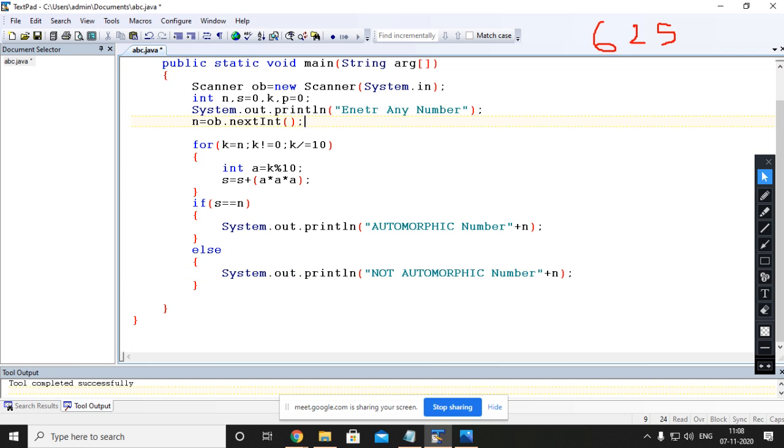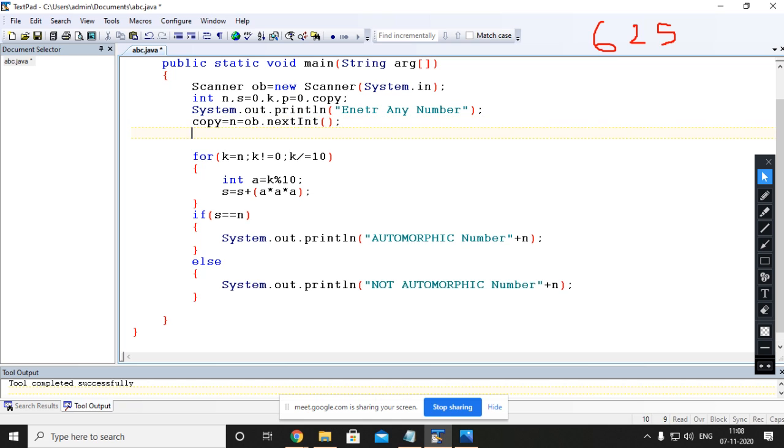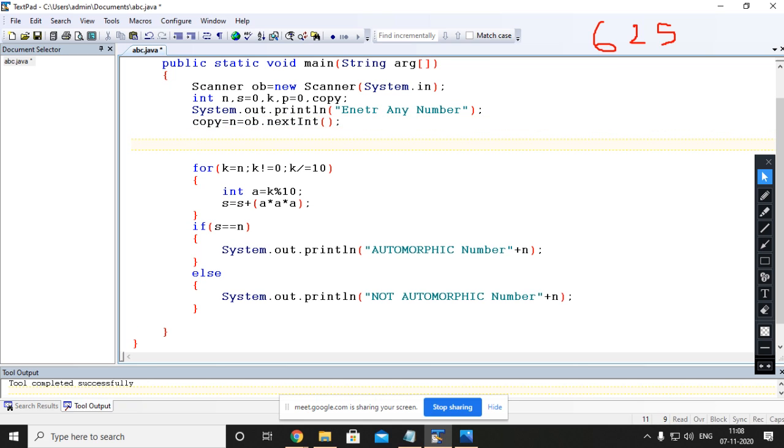So now, like this, I have used one variable, copy. First of all, you will count the digits as well as find the square.